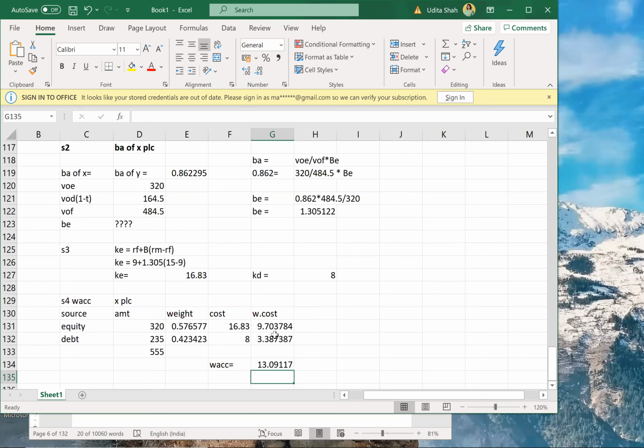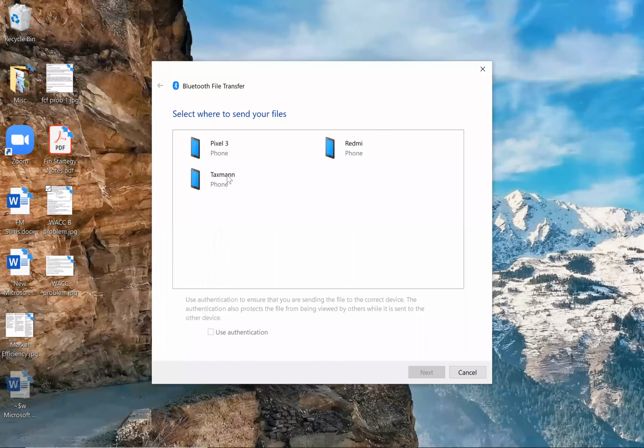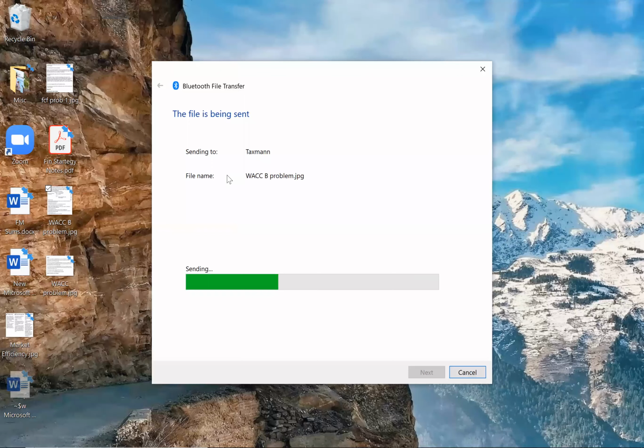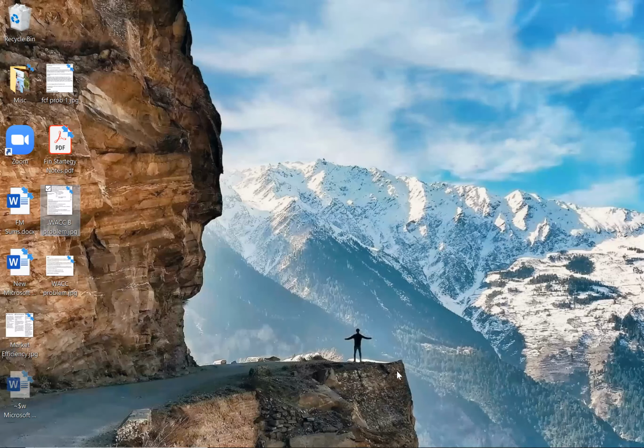So now let us start doing an AFM level question. Let us do an AFM level question on this. So I'll send that problem also on the group. So for a 50 marks Section A question, only a question on WACC will not come. WACC will be a small part of that question. For a 50 marks question, this part that I'm going to send you will have almost 10 marks.